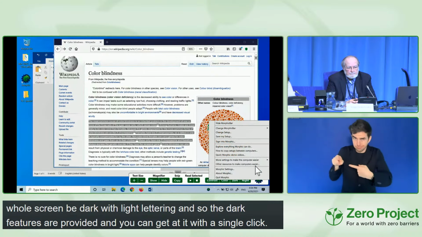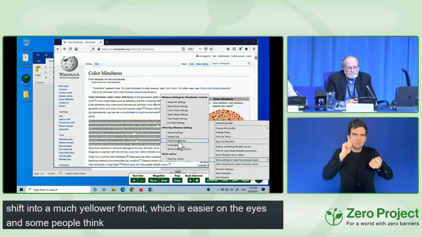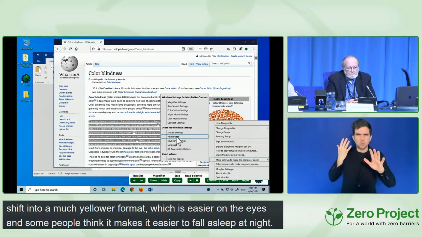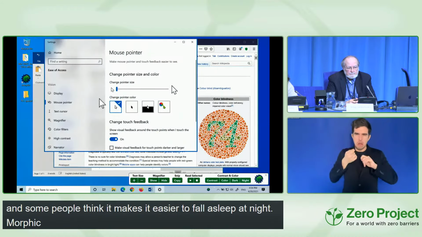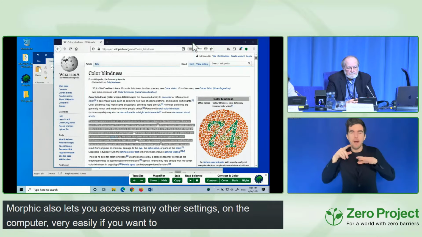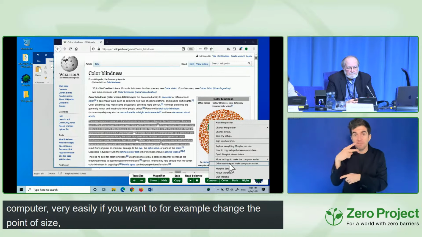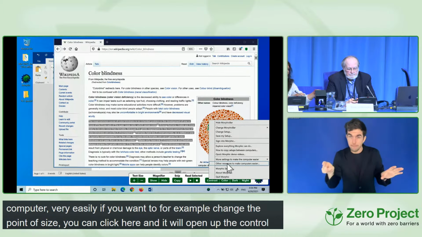Morphic also lets you access many other settings on the computer very easily. If you want to, for example, change the pointer size, you can simply click here and it'll open up the control panel to exactly the place that you need it to be to do that. There are also many other resources available to make the computer easier to use.